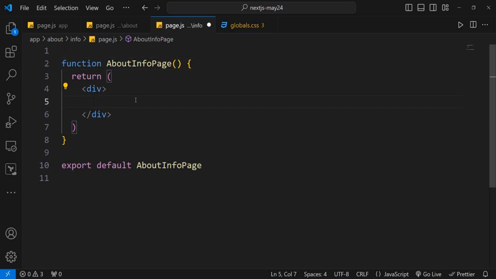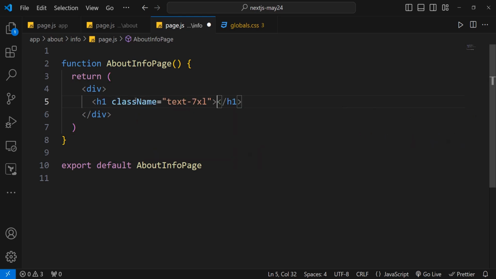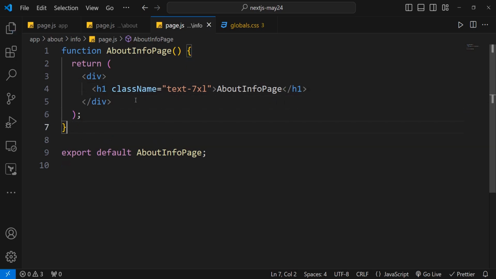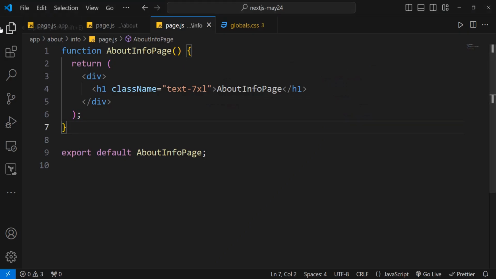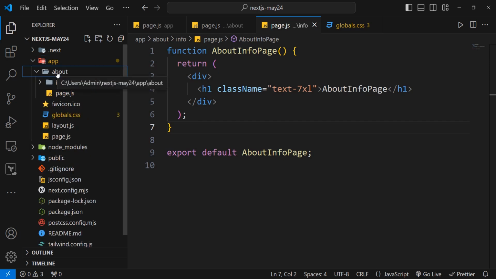Okay, and in here I can make an h1 heading, about info page. Save this, go back, and now you will see about info page. So what did we do? We had the app folder, our main directory. Inside that, we created the about folder, with the help of which we were able to route to /about like this, right? But we needed to go deep inside it, and we wanted to create a nested route